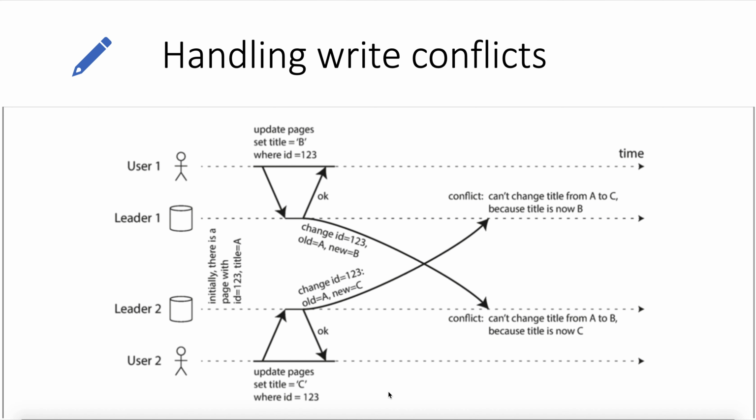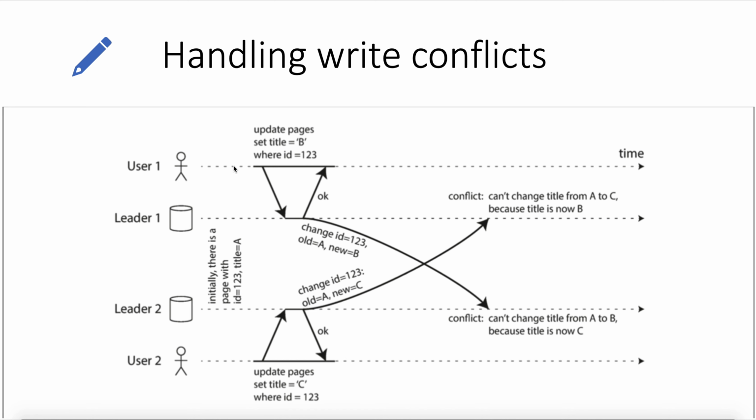So the biggest problem with multiple leader replication is that write conflicts can occur, which means that we require conflict resolution. If we see this diagram, user 1 is updating the title of the page where the ID is 123, and this is present in the first data center.